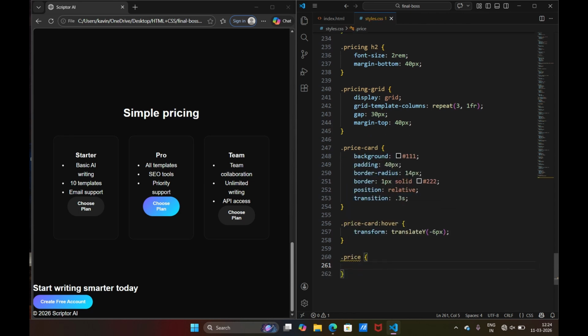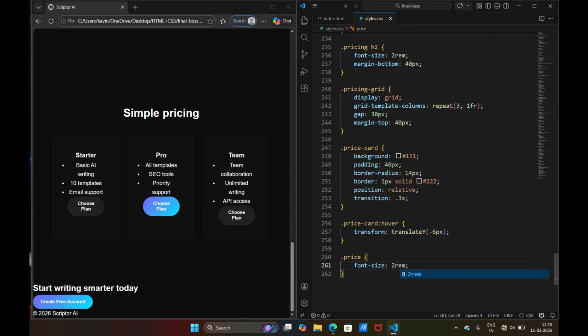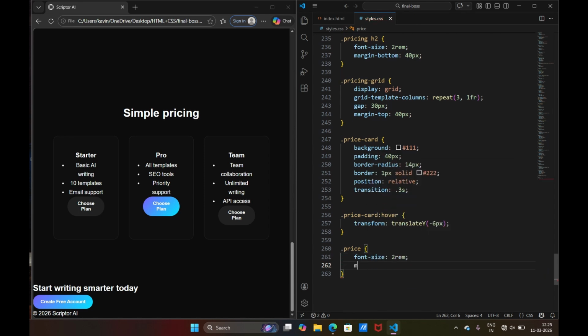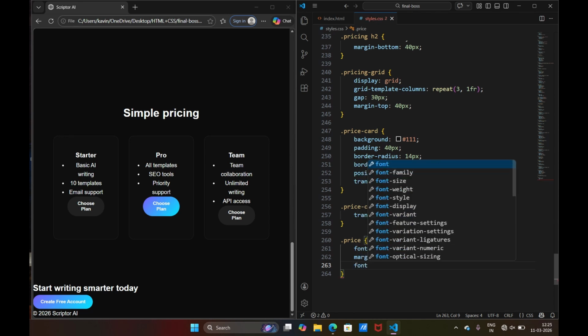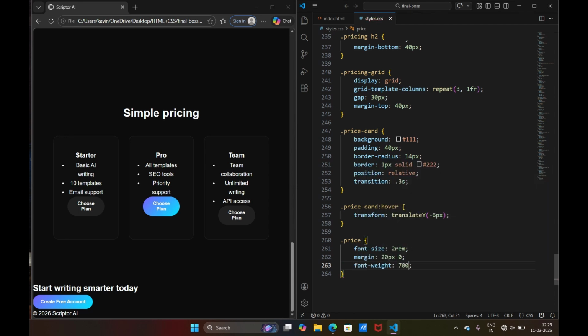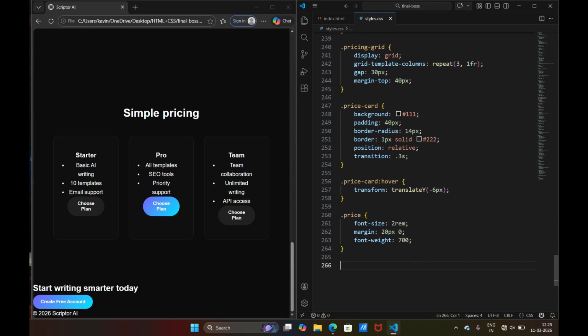For the price, give it a font size of 2rem, give it a margin of 20 pixels and 0, and give it a font weight of 700 because we need to make it bold. And then